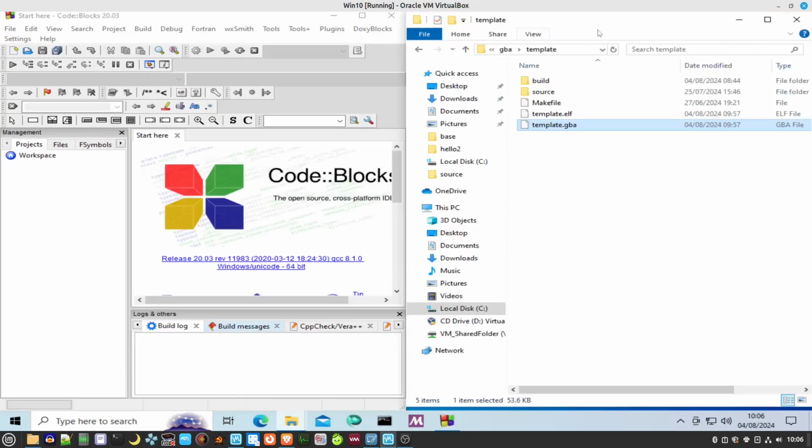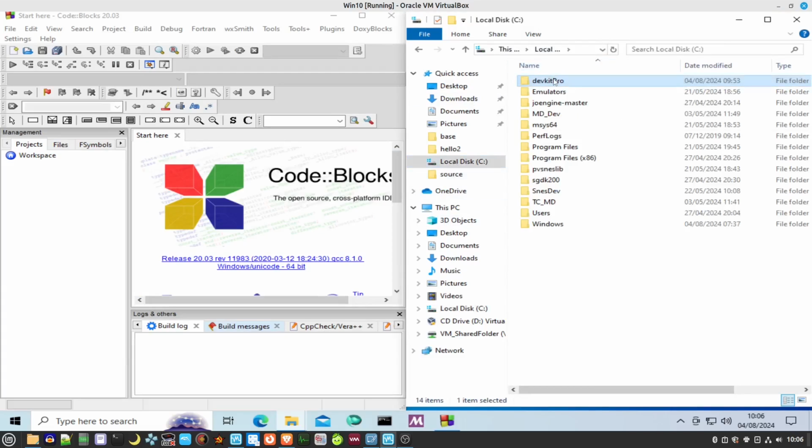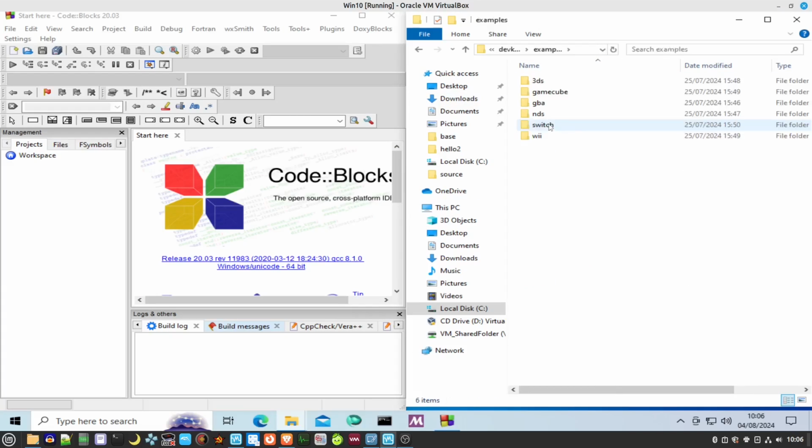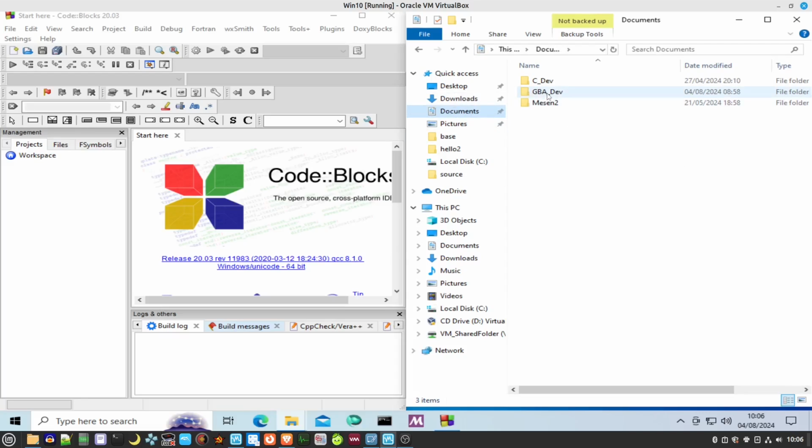Now what we want to do is create a template. So in all of the example folders here for all the different consoles, they all generally have a template file, which is a bare minimum that you need to get started with. So I'd copy that, and then what I've done is in my documents I've created a GBA dev folder. You can do the same for whatever console you're interested in building on. So copy that template in there,